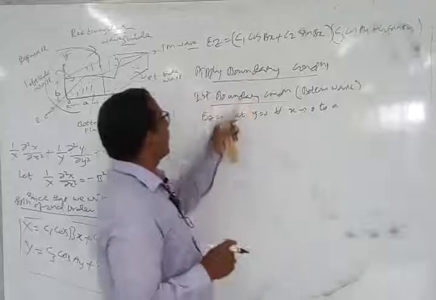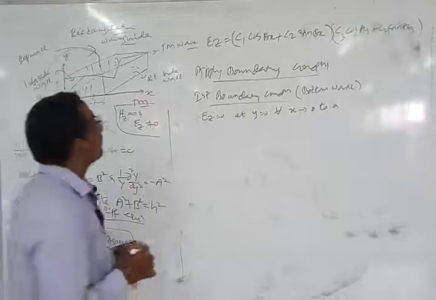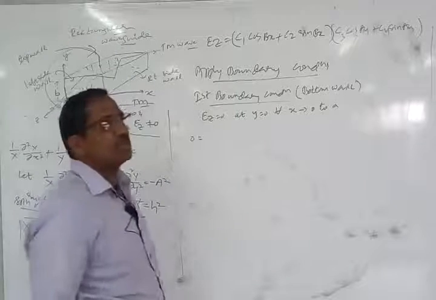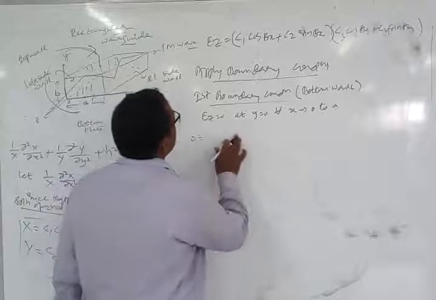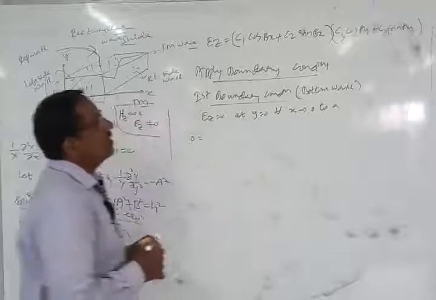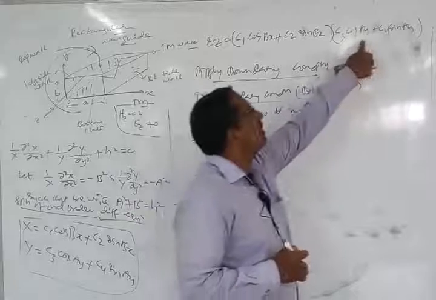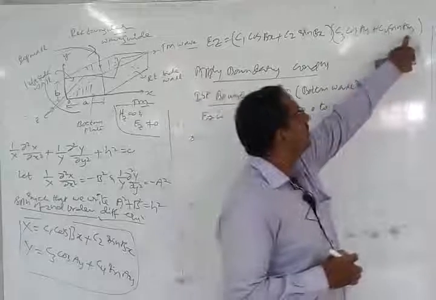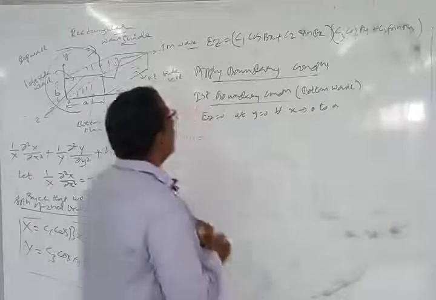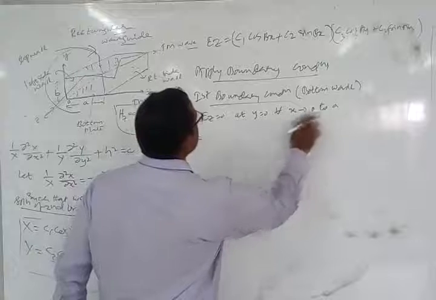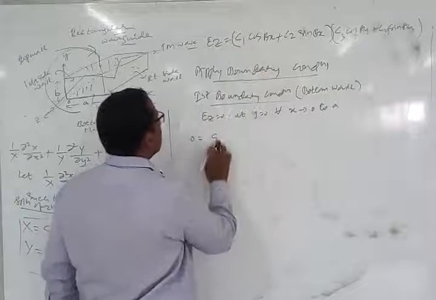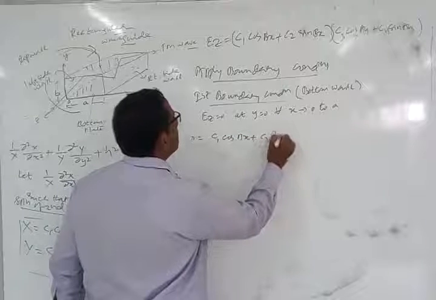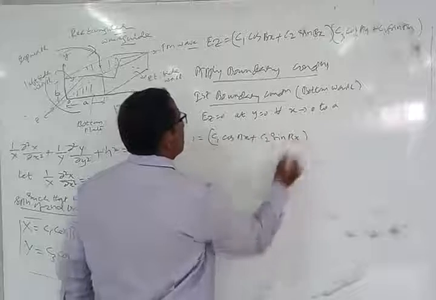So that is the equation we will write, right? So in the above equation we are going to substitute these boundary conditions. Now Ez is equal to 0, let us put Ez is equal to 0. Then next I can write y is equal to 0. Where is y? Here y is there. A into y is there here. So what is sin 0? Sin 0 is 0. So x is varying between 0 to a. Therefore the first one remains as it is. That is C1 cos bx plus C2 sin bx remains as it is.